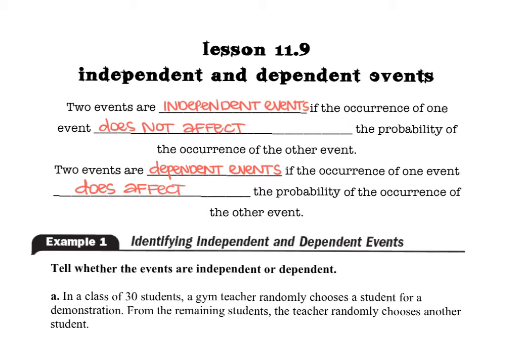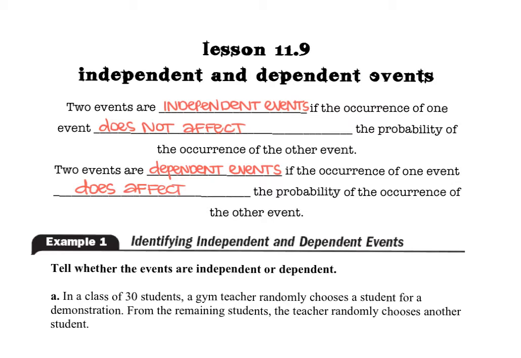Well, two events are independent events if the occurrence of one event does not affect the probability of the occurrence of the other event. In other words, the events stand alone. They are independent. They do not affect each other. What happens in one event does not affect what would happen or the probability of what would happen in the